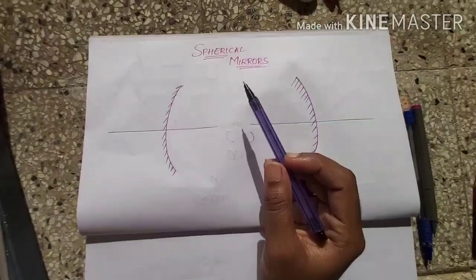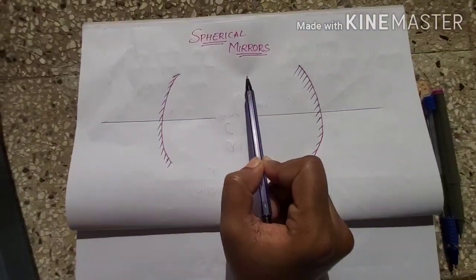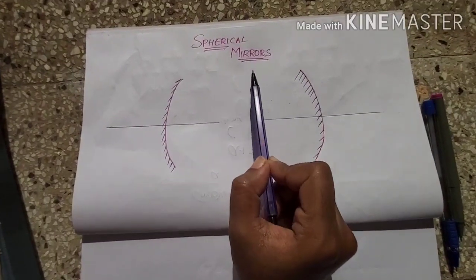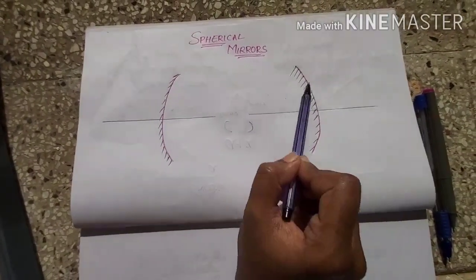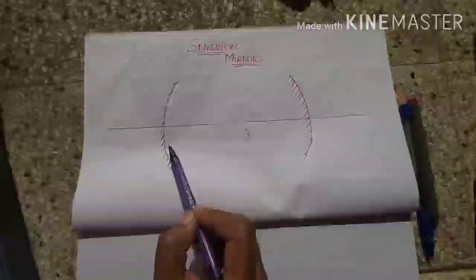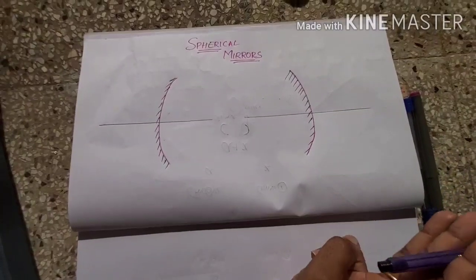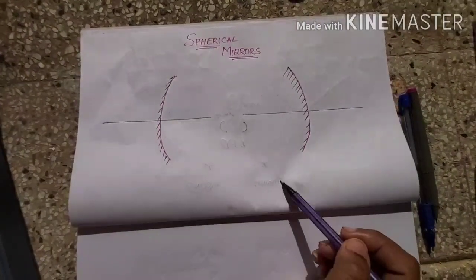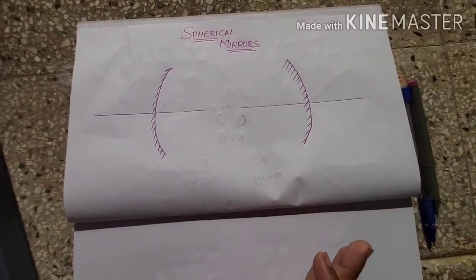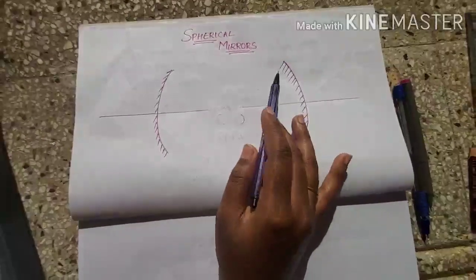In this video, we'll learn about spherical mirrors. Actually, spherical mirrors are a category of curved mirrors. So when you're taking the mirrors flow chart, mirrors are categorized into two types. One is a plane mirror and one is a curved mirror. Curved mirrors are again categorized into three types: cylindrical, spherical and parabolic. For now, according to your 10th standard syllabus, we'll be learning only about spherical mirrors.